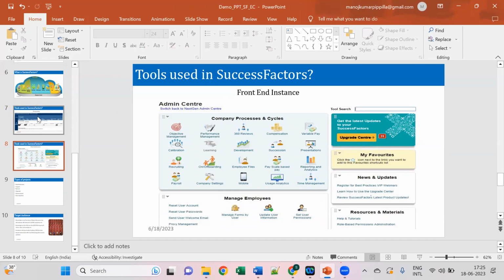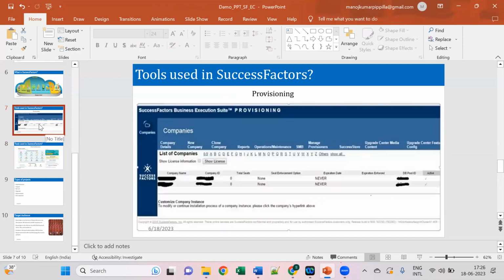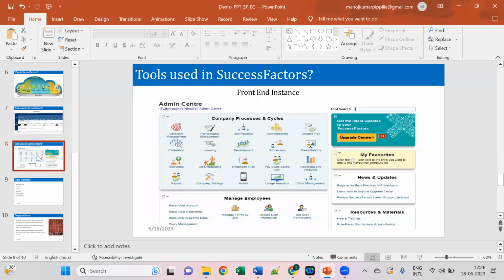One is instance, another one is provisioning. Provisioning is just like a switch. If you want to enable any functionality, we will come into this provisioning and we will switch it on. Once we switch it on, and this is like a bulb, the features are going to be available in this instance. Most of the time, 99% of the time, we will be working on the instance system only. To get any features in the system, the switches are available in provisioning. We will go to that provisioning system, enable that switch, and based on that, the feature is going to be available in our instance system.